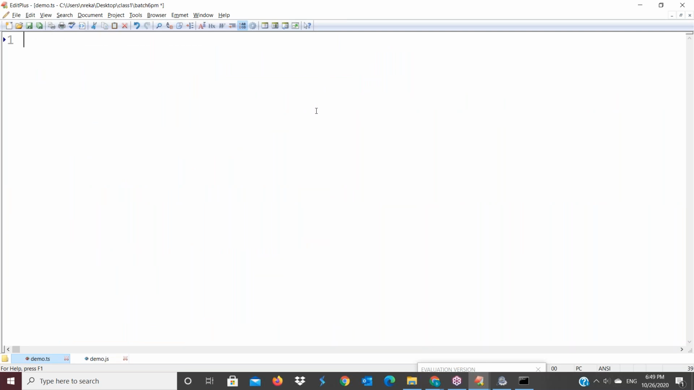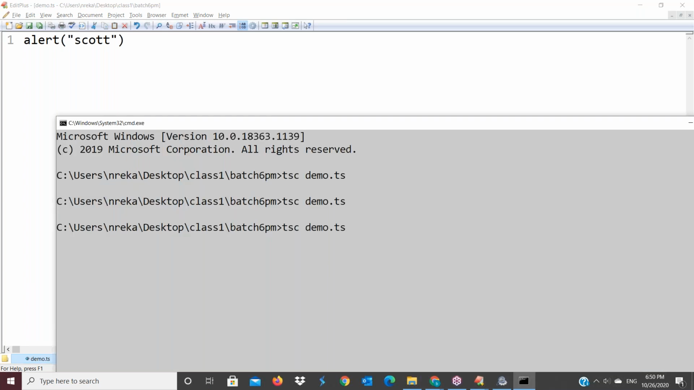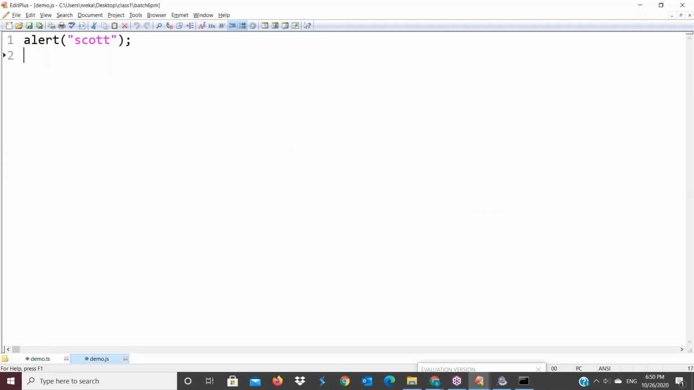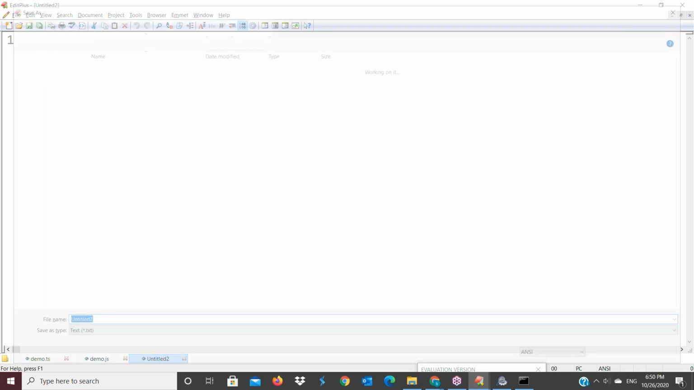Now we are discussing how to link this TypeScript program with HTML. I'm using an alert message. Now save this, and again up arrow, demo.ts. Now you can see it is modified and you are getting the message like this. And this file I want to link with an HTML program. So I'm creating a new HTML program, opening a new window, and saving this